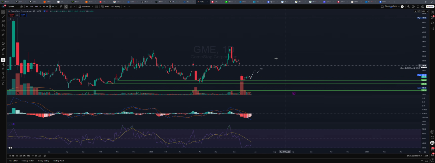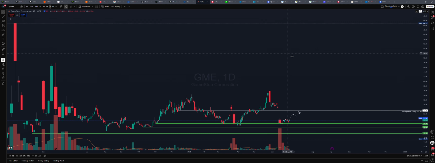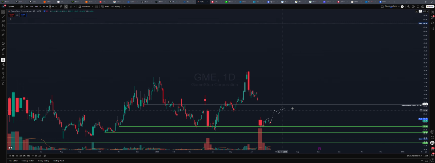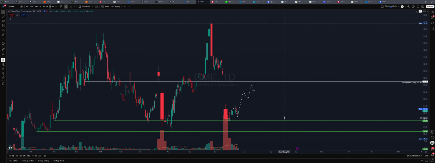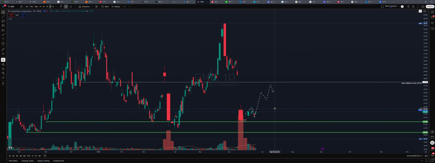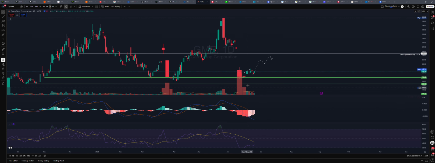Okay, let's look at GameStop. So what I'm looking for here at GameStop, I'm looking to see if there is going to be any kind of move to the upside, 27.50, or at least 28.39 to close this gap here. GameStop, I want to see some upside here towards this 27.50, and then probably maybe some downside again. But I want to see this gap get filled at 27.50 over here towards this $28 region.